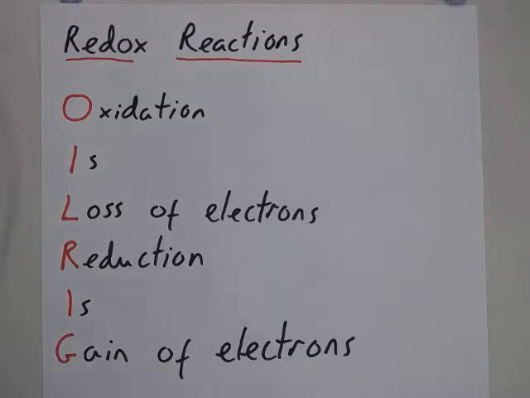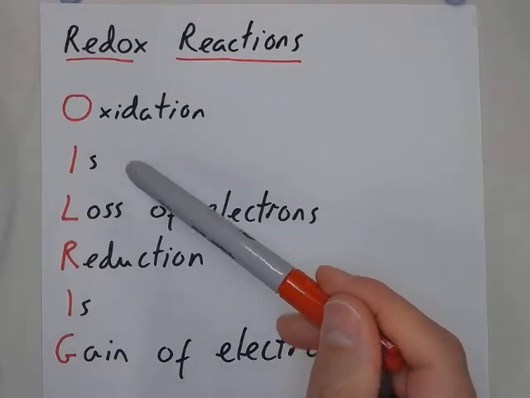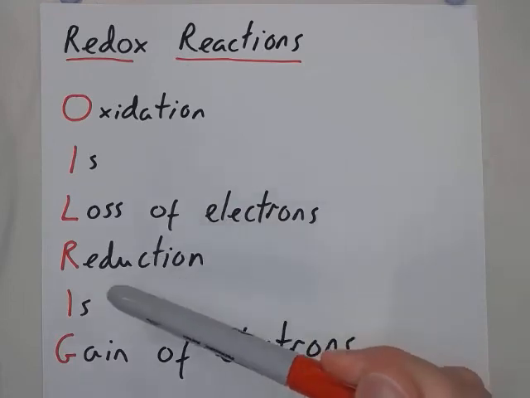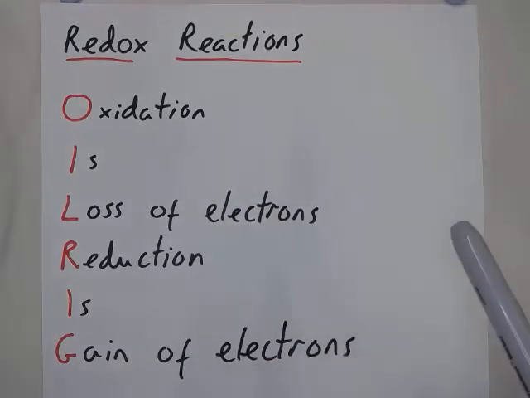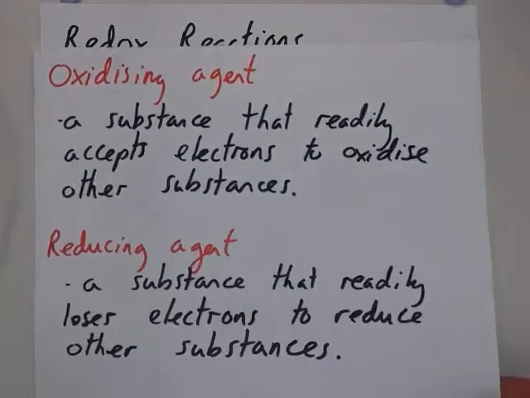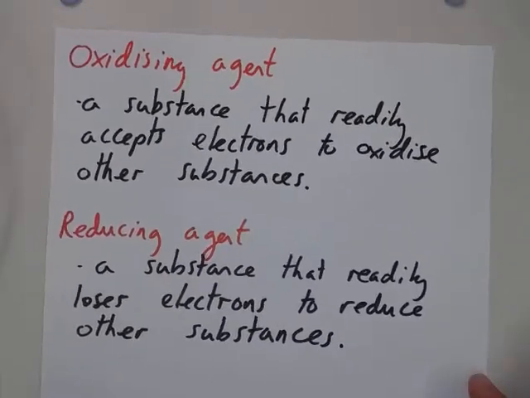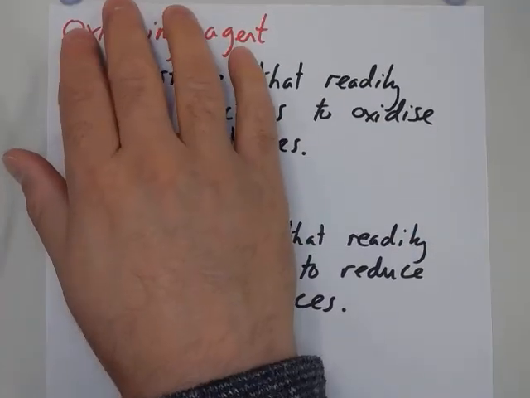Okay, redox reactions then. I'm sure you've seen this acronym before, OIL RIG. So oxidation is loss of electrons, reduction is gain of electrons. So if a species is losing electrons, it's being oxidized. If it's gaining electrons, it's being reduced. There's two more definitions that you may not be so aware of, and that's these two: oxidizing agent and reducing